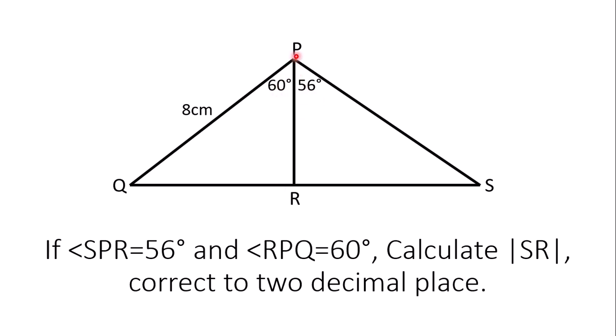So you can consider triangle PQR as a right triangle and calculate PR, and also consider triangle PRS and find SR. But in other instances, the way they have sketched the diagram, even when you split it, applying trig ratios to determine the size of the triangle will be a little bit problematic unless you use other approaches. So because I don't want to confuse you, I'm not going to split the diagram into two. You have to learn how to